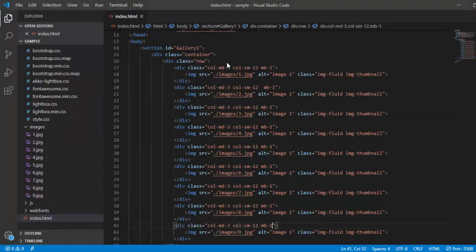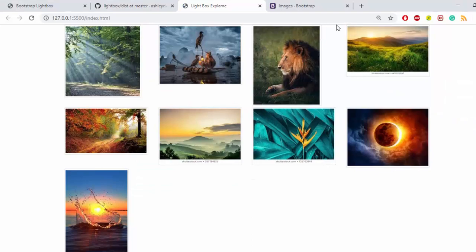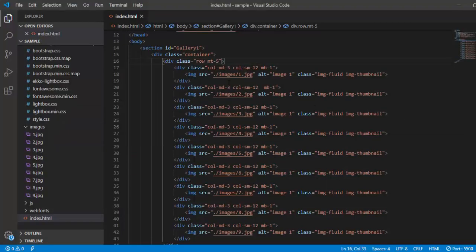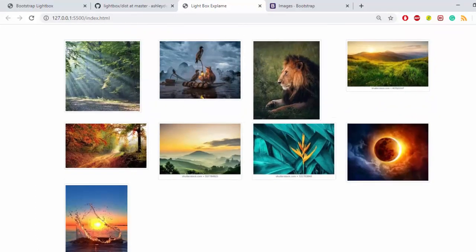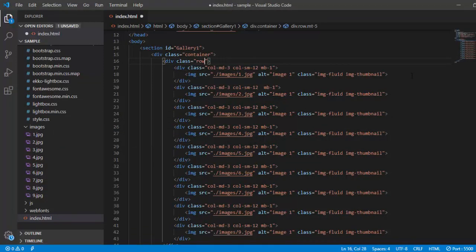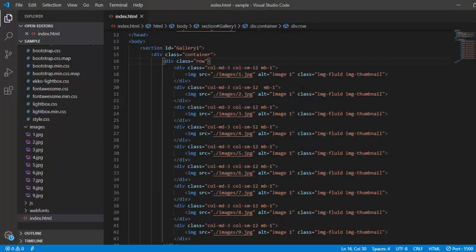Okay, so if you want the margin at the top also, because it has been added totally on top, right? So here you go with top 5 I have given, but it is not going to the top, so I don't know why. Row, I think it will not go. I need to keep it inside one div and then do it, so it's okay to have it right now. This container you have, this is the container. In this container you have this thing.